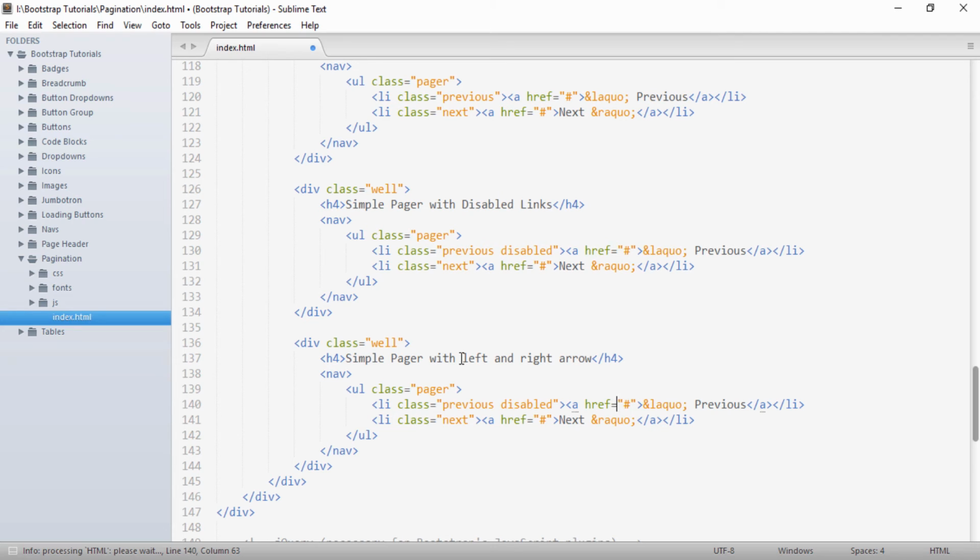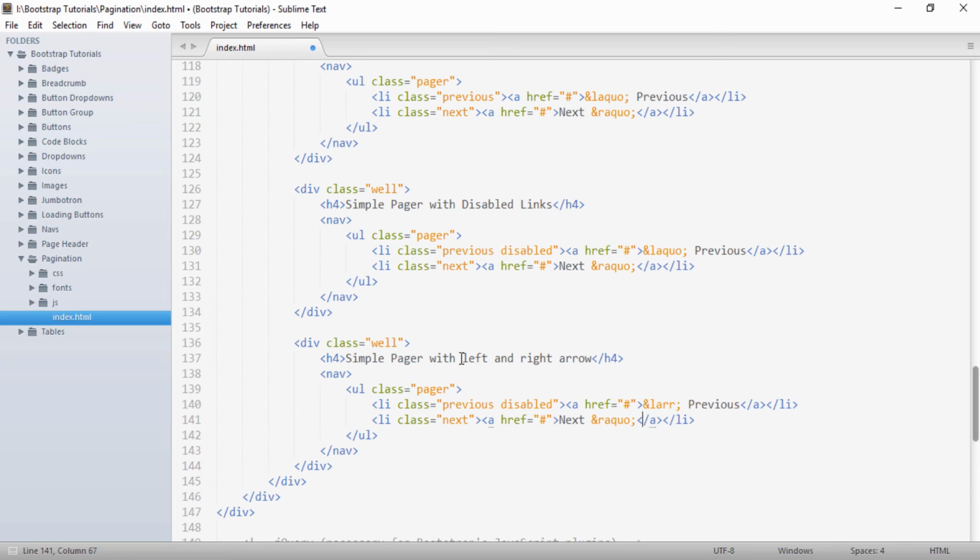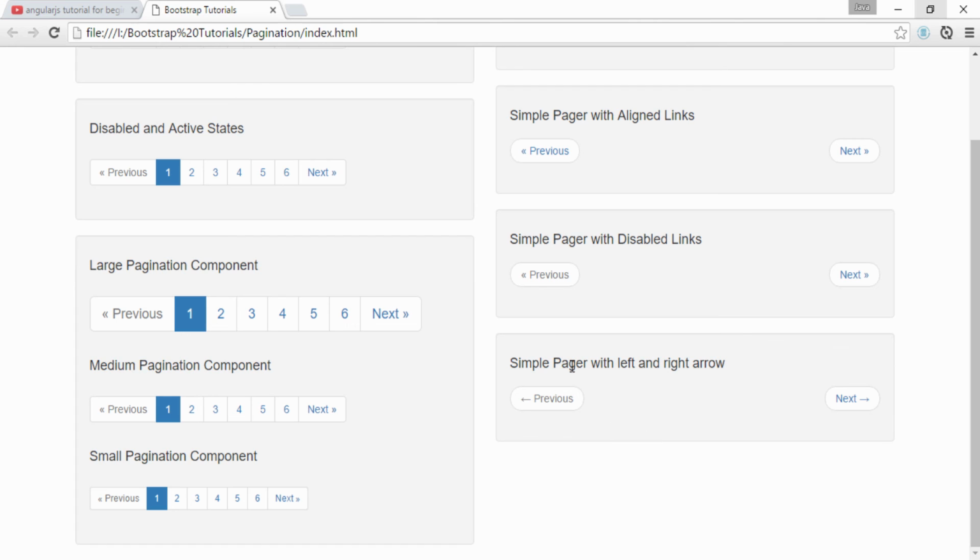The only change I need to make is, instead of &laquo;, I have to give &larr;, and to &raquo; we have to give &rarr;. If I save it and go to the browser, you can see that instead of this angle symbol, now it's coming as an arrow symbol.